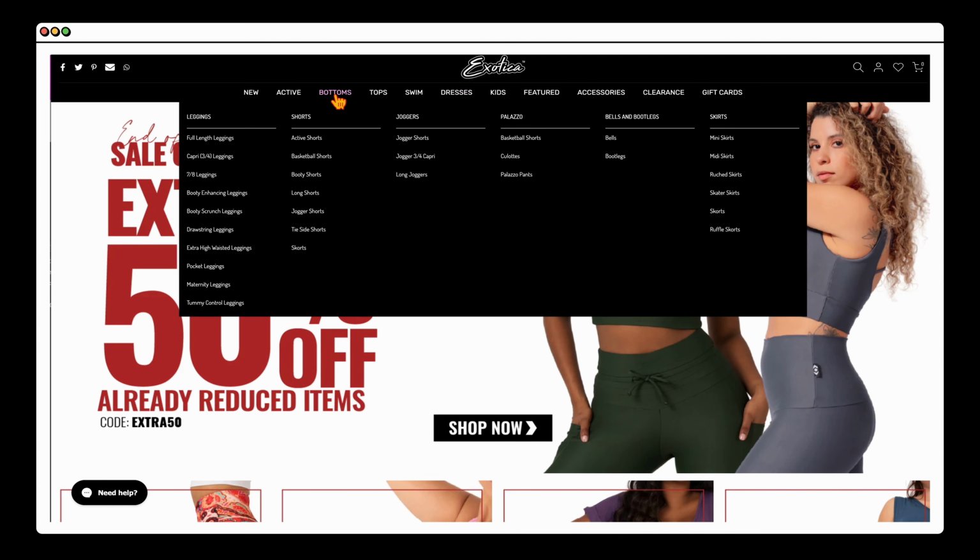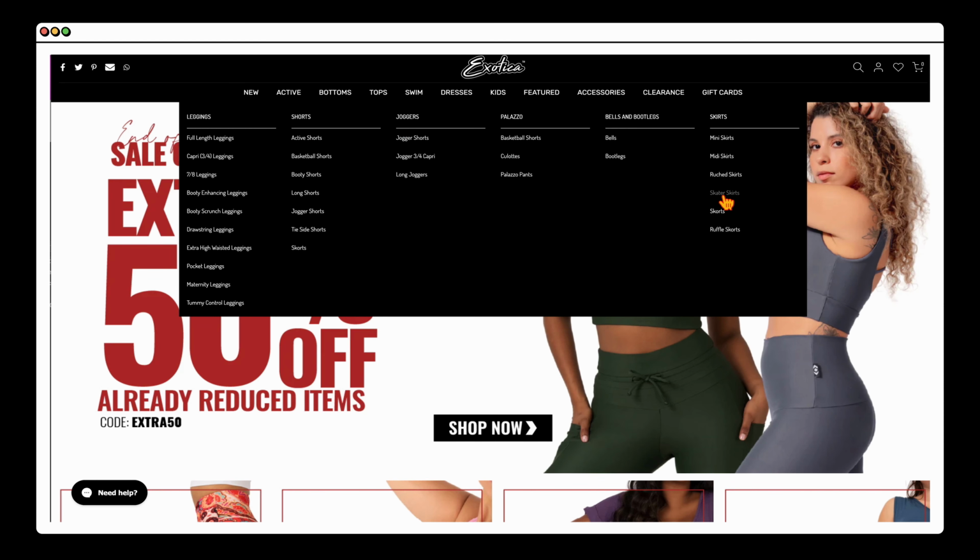Now, if you wanted to, and we have done this before as well, if we started off with a campaign which targeted all of these bottoms subcategories, but we saw, say for example, these joggers and leggings were performing better, what we could do is break it out and have two bottoms campaigns, one targeting the shorts, one targeting the leggings and joggers in different asset groups, and then the other bottoms campaign targeting